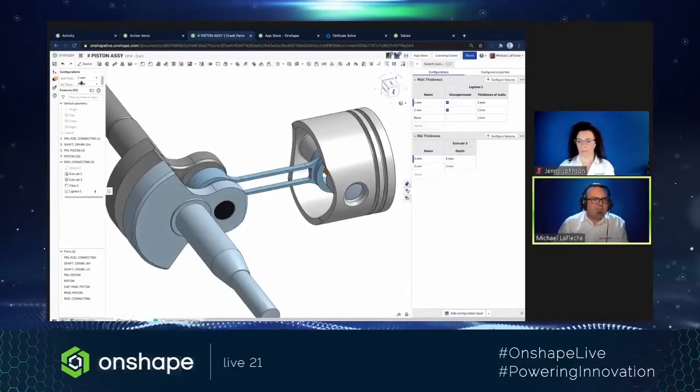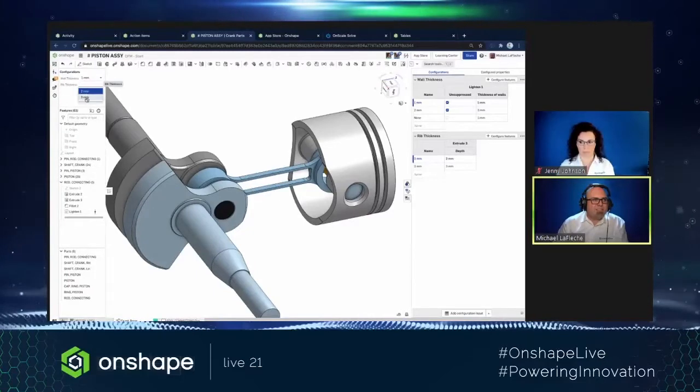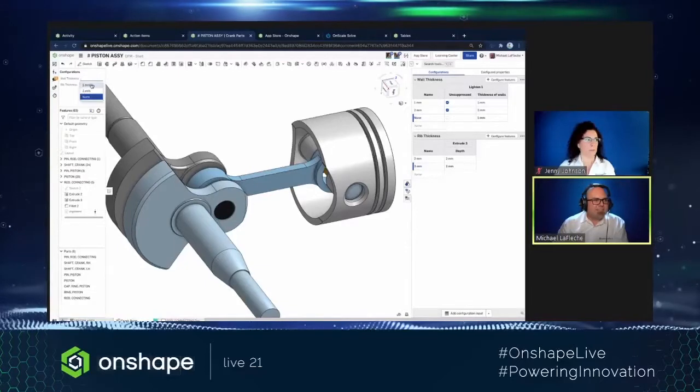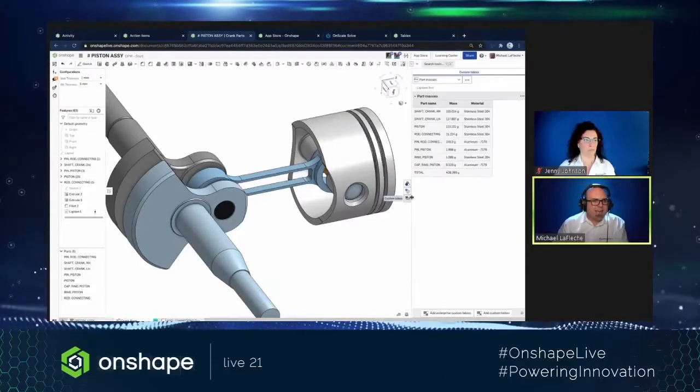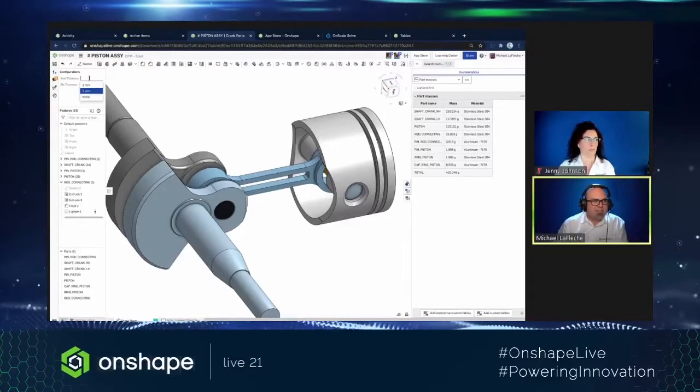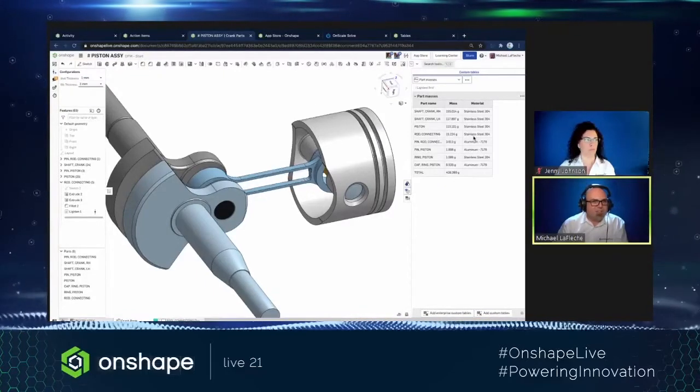All right. So now I can play with the different options, right? 2 and 3, none and 3, right? So very easy to do. I could look at my part mass table as I'm playing with this too, to understand what's going on. So if I went to 1 and 2, this is